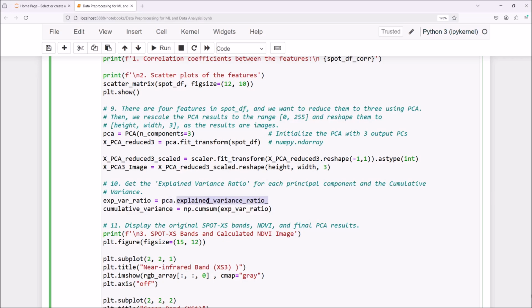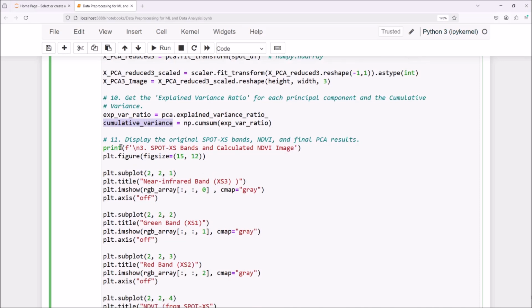Therefore, we just get it here. Then, by using this, because we have here 3 elements, namely first, second, and third, we just calculate the cumulative summation, then we get the cumulative variance. Later we will see. After that, in step 11, we just display the original SPOT XS bands and the NDBI image,